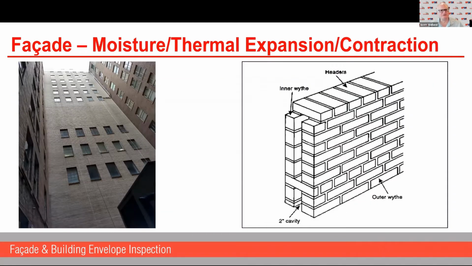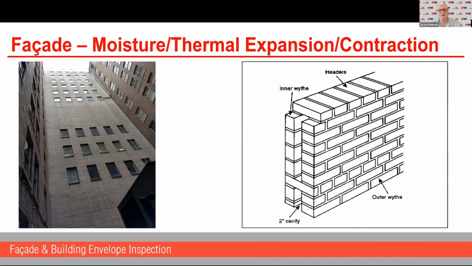This is a high-rise building project that we worked on in Atlanta, a 34-story building, built in the early 60s, before, also, much was known about expansion and contraction of different materials. You can see there's not the first joint in this wall. This happens to be in a courtyard area. Fortunately, people can't go in this area because this wall is essentially bowed from the top to the bottom where